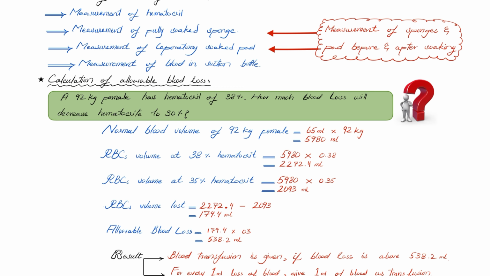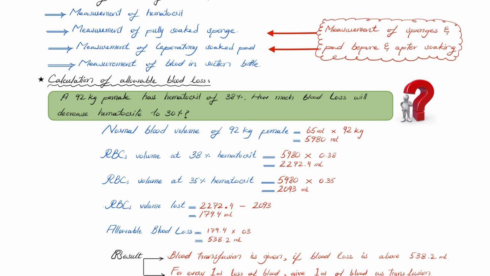Now I'm going to calculate the allowable blood loss, and if the blood loss is more than the allowable blood loss, then there will be need of blood transfusion. Normal blood volume of a 92 kg female is 5,980 milliliter blood. Now RBC volume at 38% hematocrit is